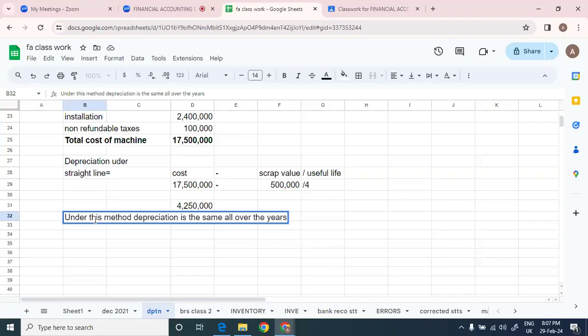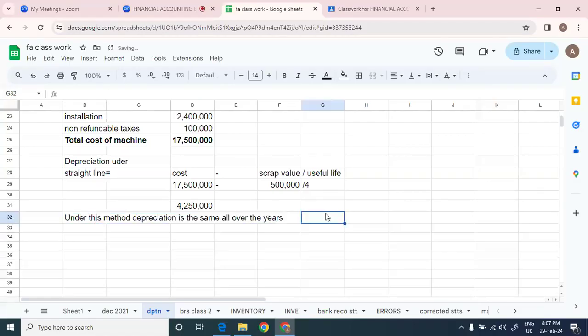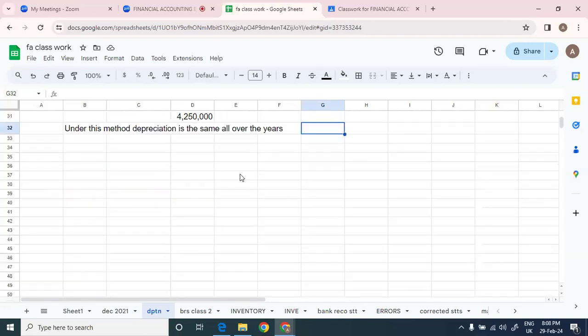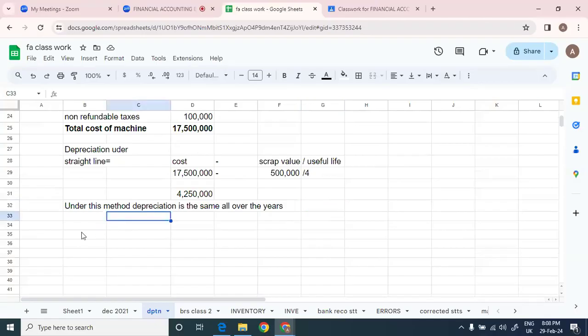Okay, so we've said depreciation is the same all over the years. They are telling us that this machine is working for 4 years. Which are our 4 years? For example, here, if we are looking for our accumulated depreciation,